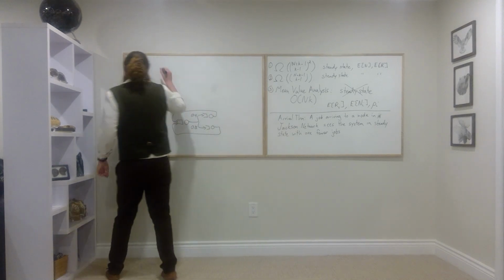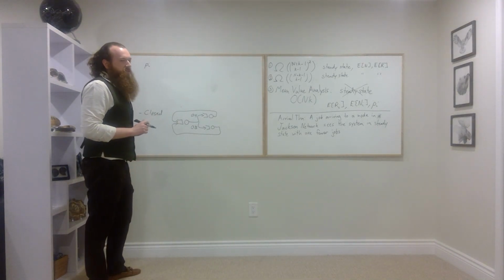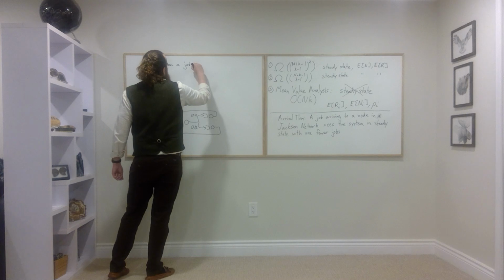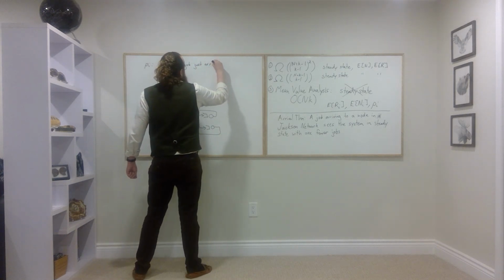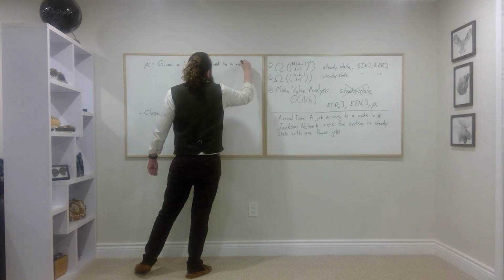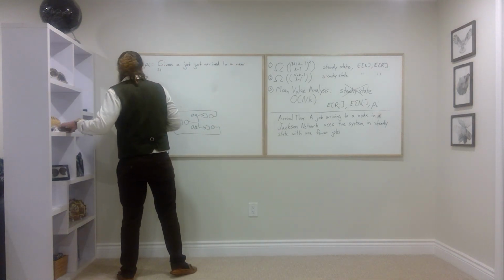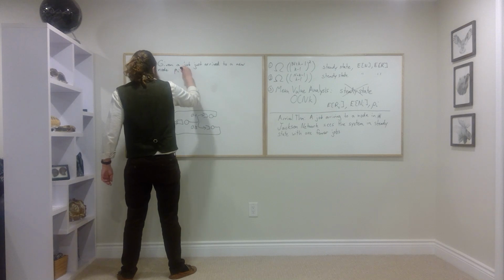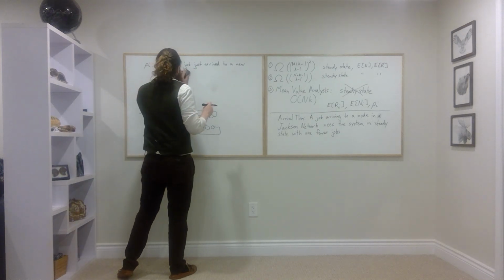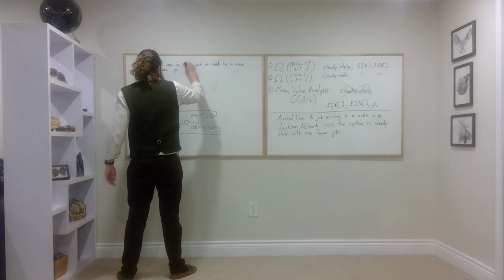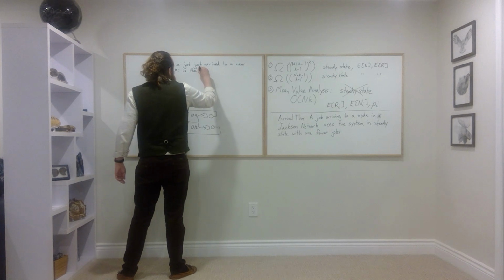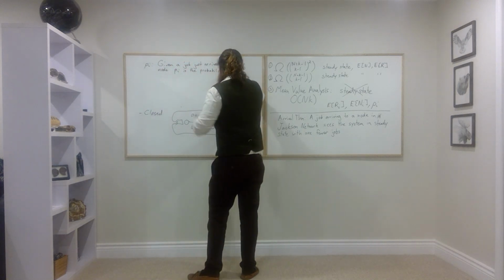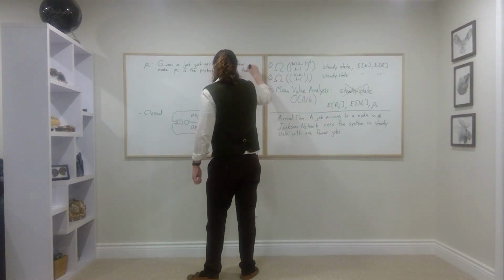Okay, one last piece of notation. P_i. What's P_i going to denote here? Well, given a job just arrived to a new node, P_i is the probability that that job